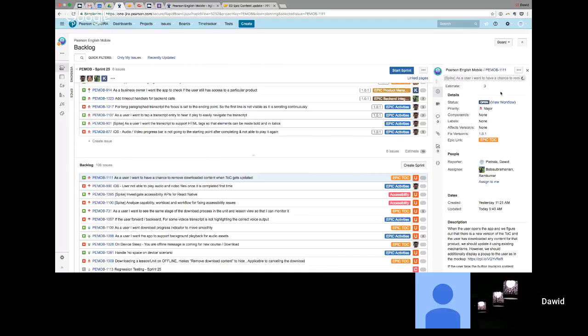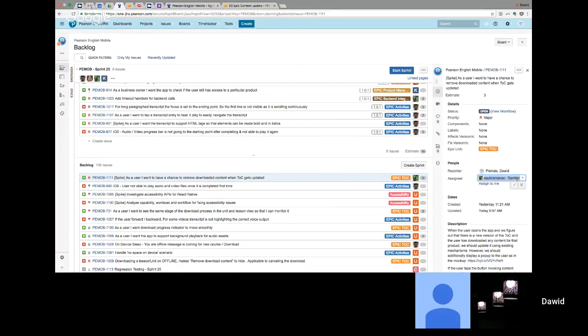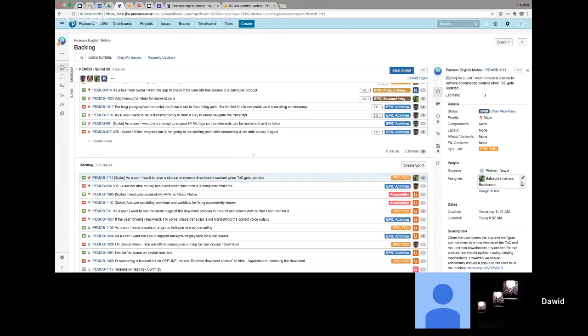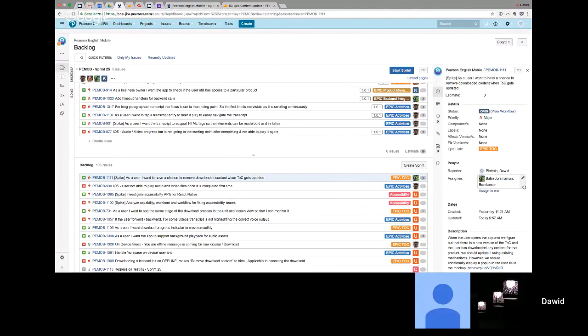Assignee? Why is Ramkumar set automatically? I don't know. There's a bug in this Jira, I think. No, it's not by default. Previously, it was Ezel. There's a bug that when I'm editing one ticket from another one, there's some mismatch between these, and it automatically sets somebody who was in the previous ticket, I think. Look, if I go here, here is Ezel. I go here. Well, I don't know, but for some reason,